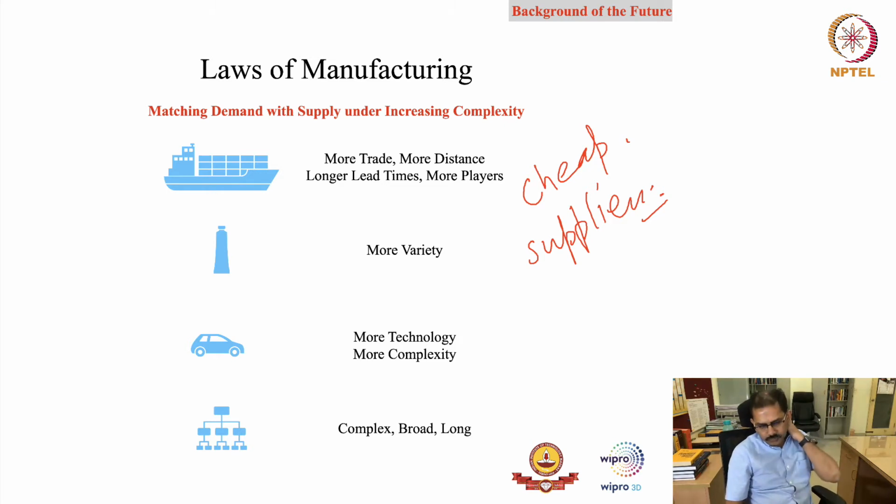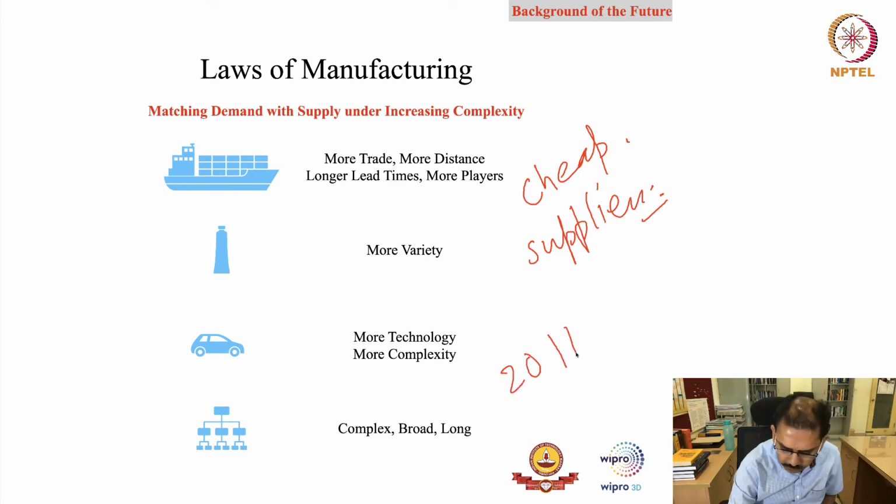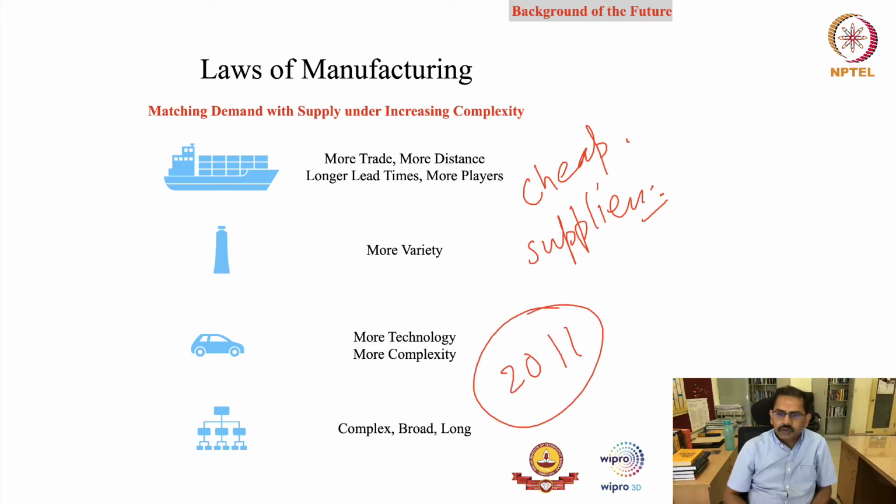And moreover, it's not just about the far distances or variety or complexity. It is also that even the supply chains are becoming more and more long, right? So not just in terms of the distances. So in fact, when the 2001 tsunami hit Japan, at that point companies like Intel tried to map the risk in their supply chain, right? So they could not go beyond tier 2 or tier 3 because after that the supply chain was highly opaque,